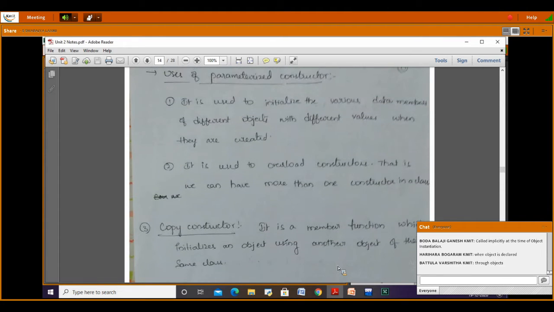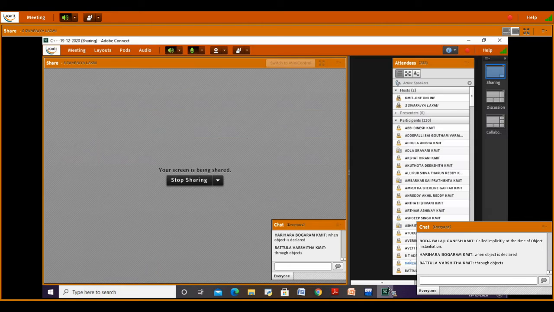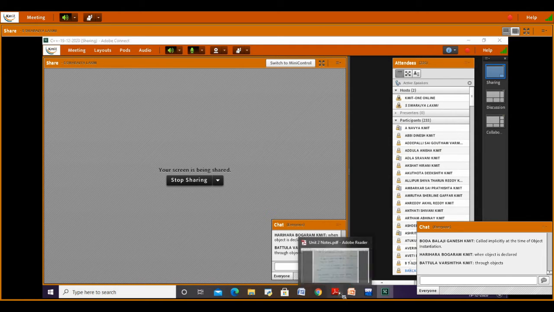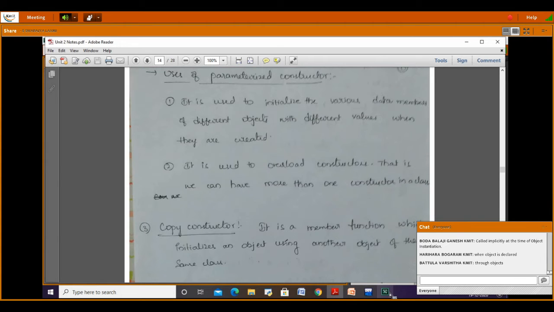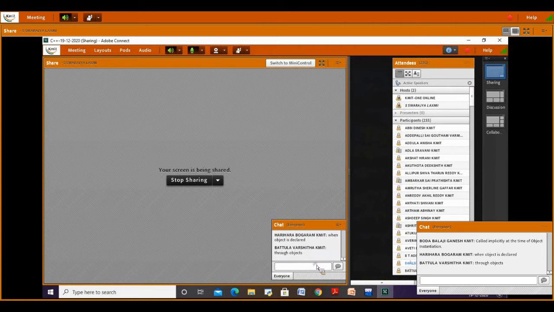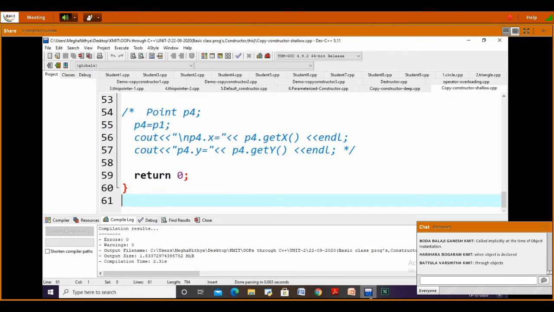Now I am going to show you a few examples of this. I am trying to put the chat box here. Okay, I'll show you the examples of a constructor.